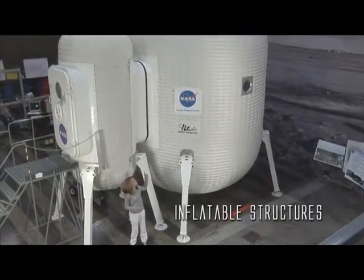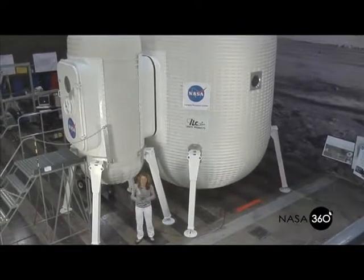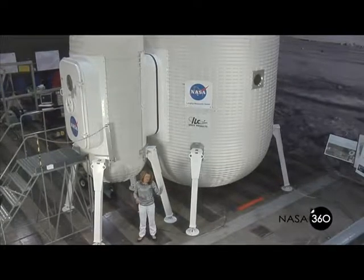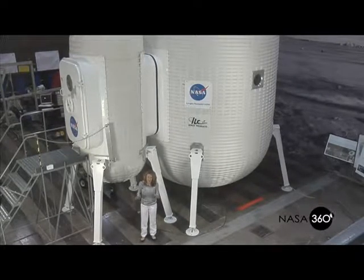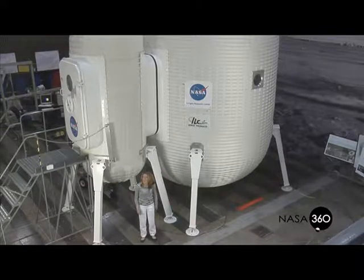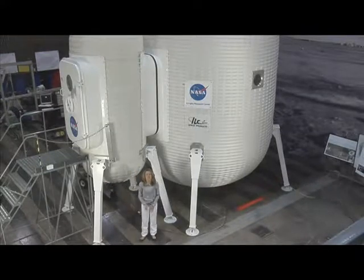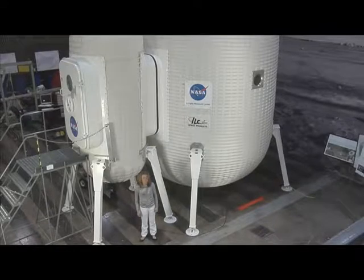these guys right here. Now, these structures are kind of similar to those giant blow-up bounce houses you might find at your state fair or at a birthday party. However, the inflatable structures that NASA's looking at are as tough as nails. They're hard as steel, and they're able to withstand the rigors of space as well as the different environments of Mars and the moon. I spoke with Judith Watson at NASA Langley to find out how these inflatable structures are